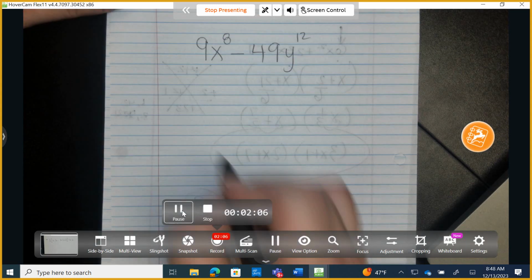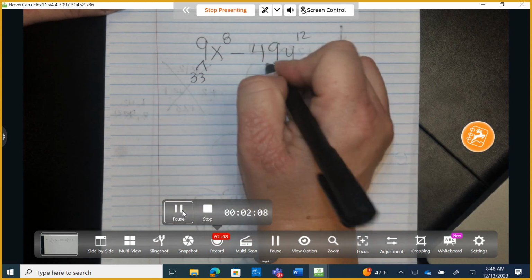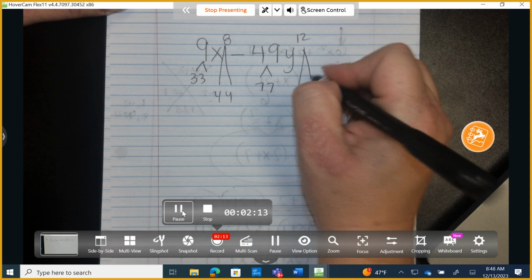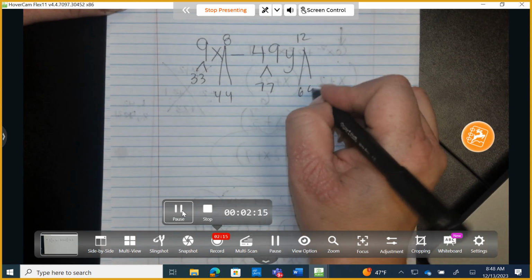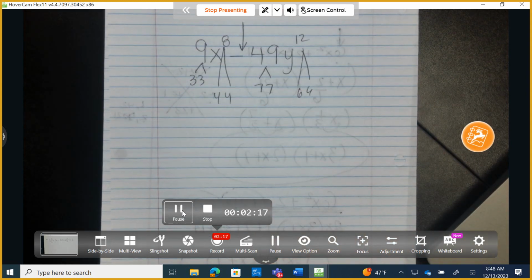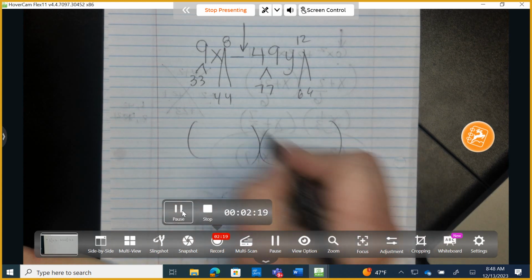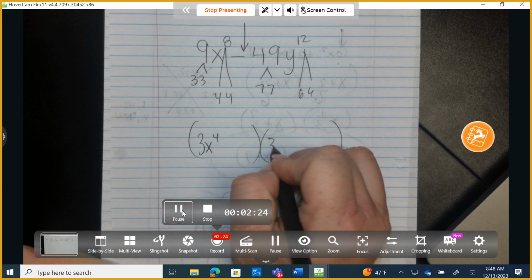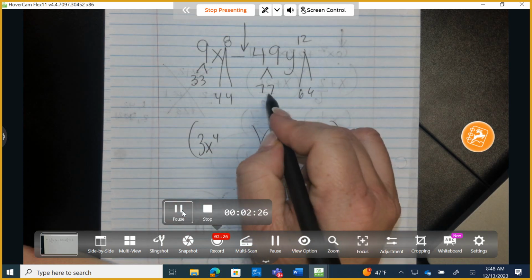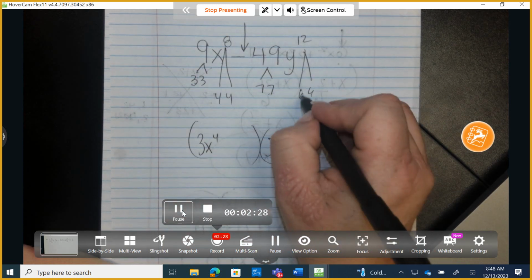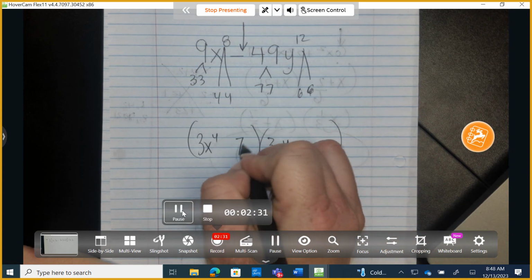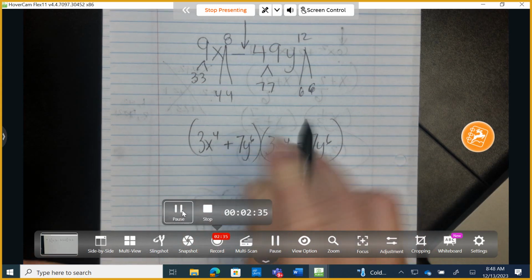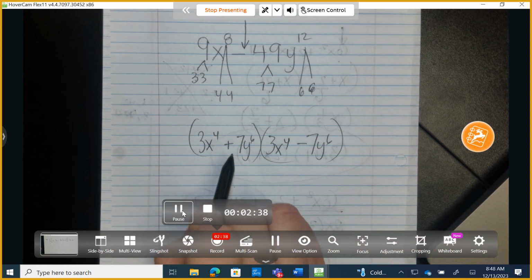Expression number 2. 9 breaks into 3 times 3, 49 breaks into 7 times 7, 8 breaks into 4 and 4 evenly, and 12 breaks evenly into 6 and 6. I have to have subtraction to keep going. In the front, I have a 3x to the 4th. In the back, I have a 7y to the 6th. One of the parentheses must have addition, the other one subtraction, and the order doesn't matter. So, for instance,